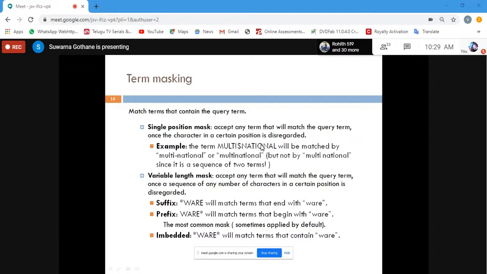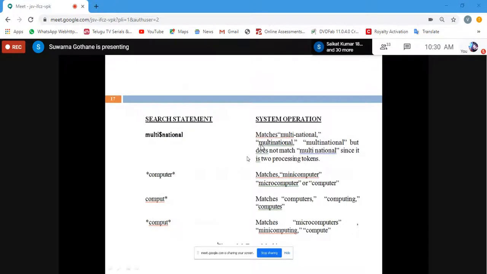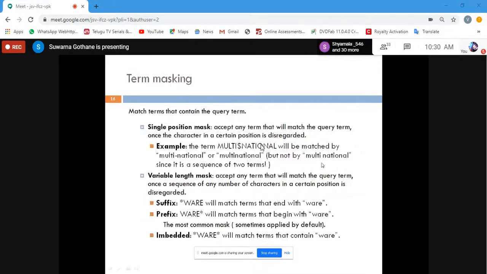So the matching can be possible with multinational, okay, with a hyphen in the middle, or normal multinational, but not with a space, it is not going to treat it. Okay, so why? Because while giving the query it has not been specified, and the meaning also will change.